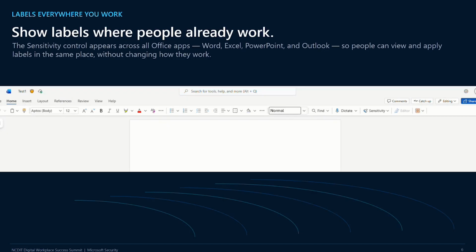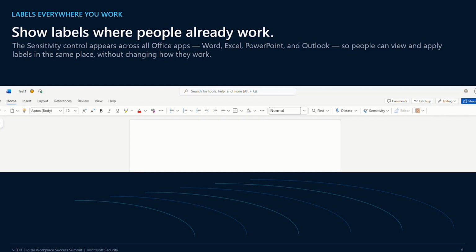Your Office apps are also going to have the labels. So you will see the shield along the title bars you see in this screenshot. You're also going to have a sensitivity button on your ribbon. It's going to kind of look like a stamp. So if you click on that, you'll see the same exact labels that you would if you clicked on the shield. Same functionality over here in Word, Excel, and PowerPoint.